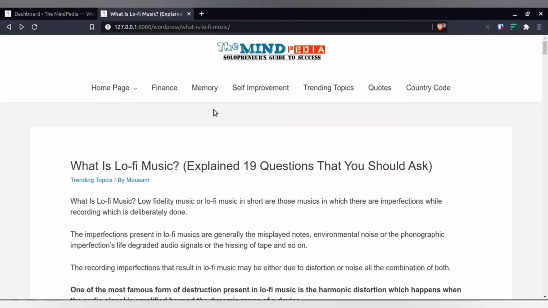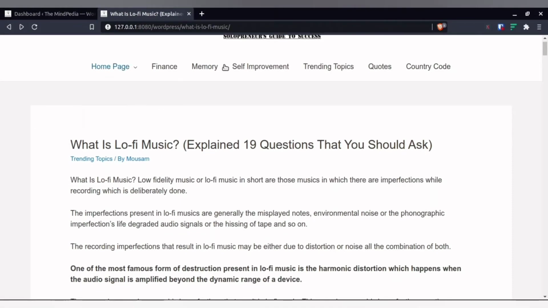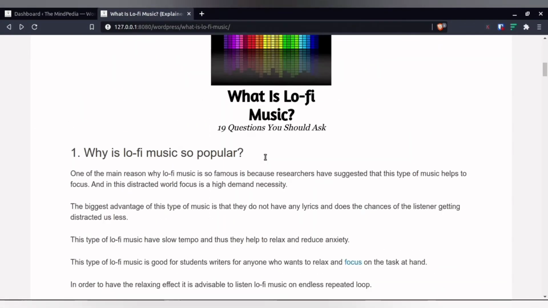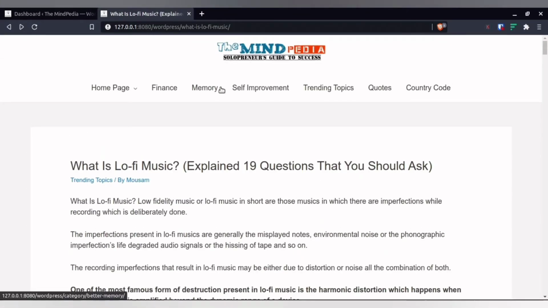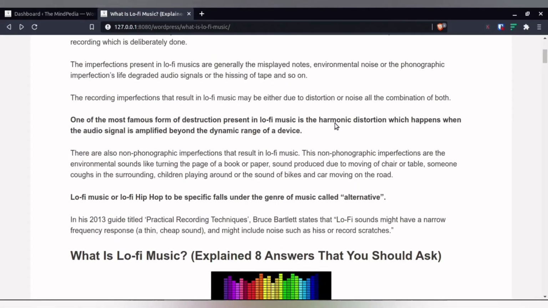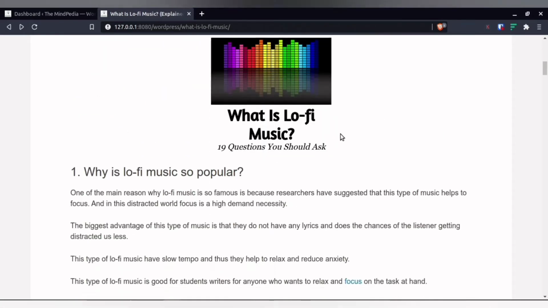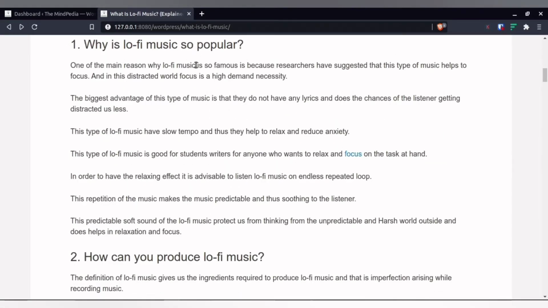In today's video, you will learn how to make your header sticky. Suppose your audience is reading one of your articles, and as the person is scrolling down, the header also moves away. In order to access the header, the person has to go back to the header section and then access it. Now, in today's video, you will learn how to make it sticky. So as the person moves below and starts reading the article, the header will remain in this section only.